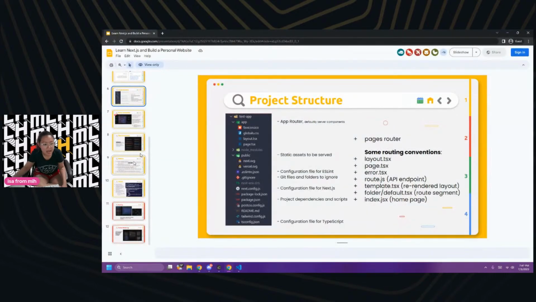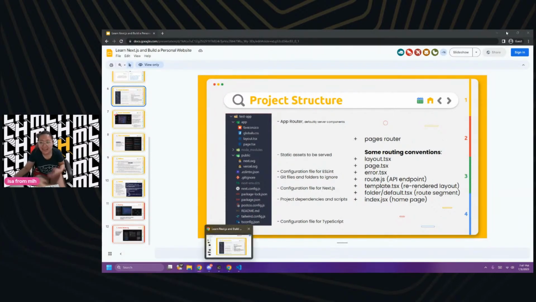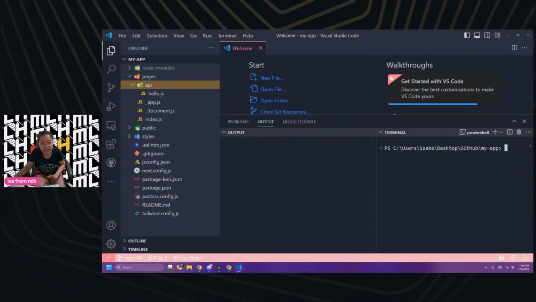Remember how we said no to app router and yes to ESLint. We don't want to ignore the vulnerabilities, but it's not within our power to change them unless we go into open source and become an active contributor in the community. It's a lot of work, so I'm going to leave it as tomorrow's problem. It's someone else's problem.